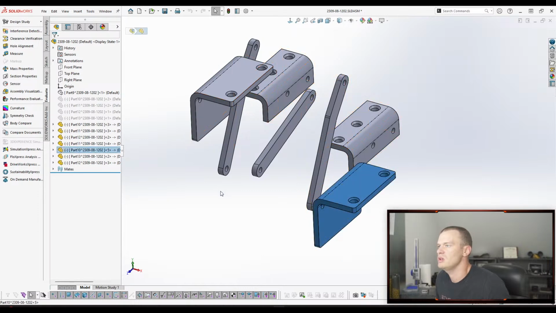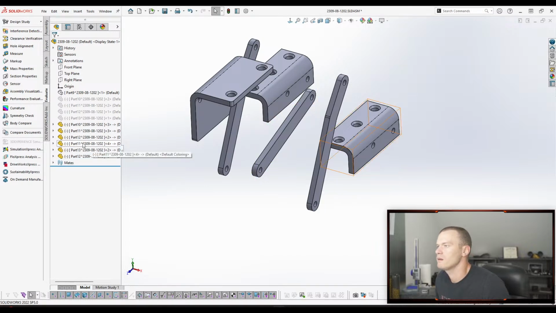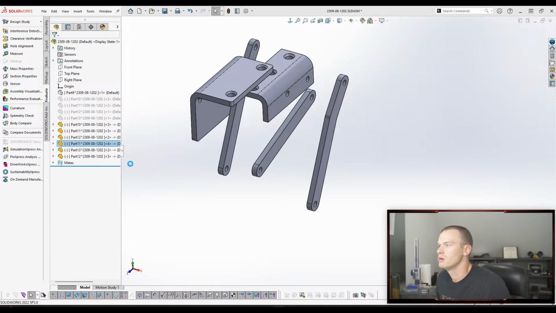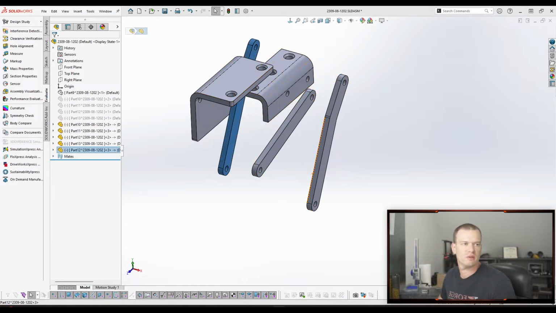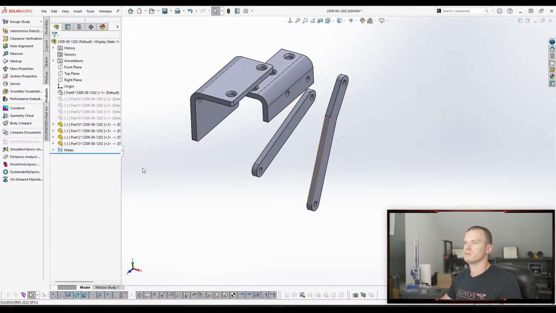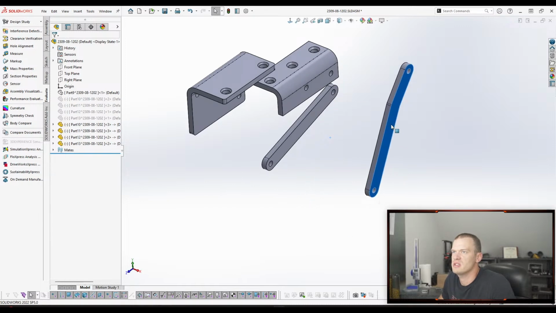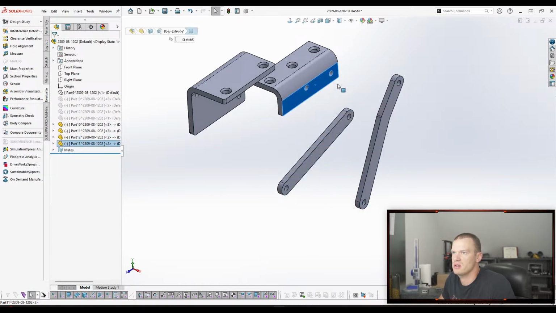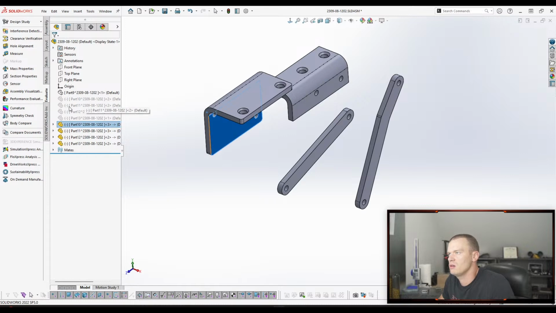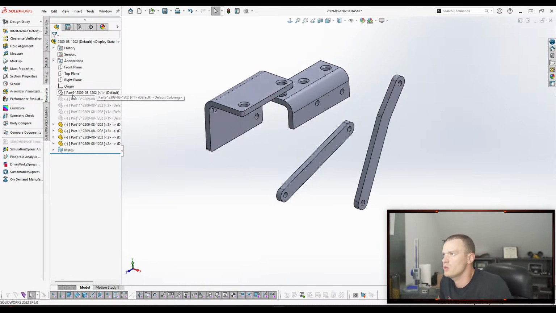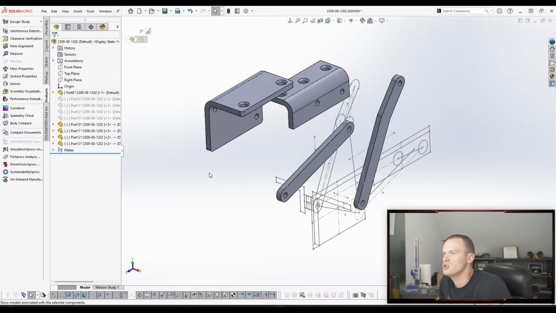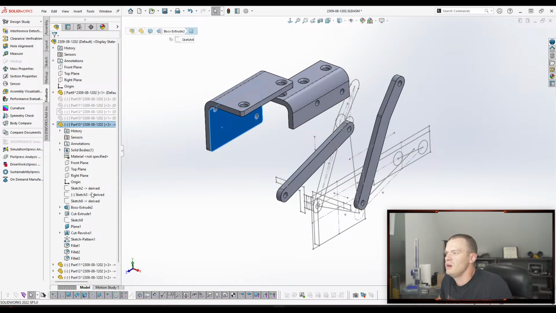So we don't need a second copy of this. And we don't need a second copy of this. And we don't need 10, 11, 12, 13. We got one too many of these. All right. Yeah, so now we have our 4 pieces, but you'll see that they're no longer constrained in place like these top 4 were. So what we can do now is we can go this, and we can come in here